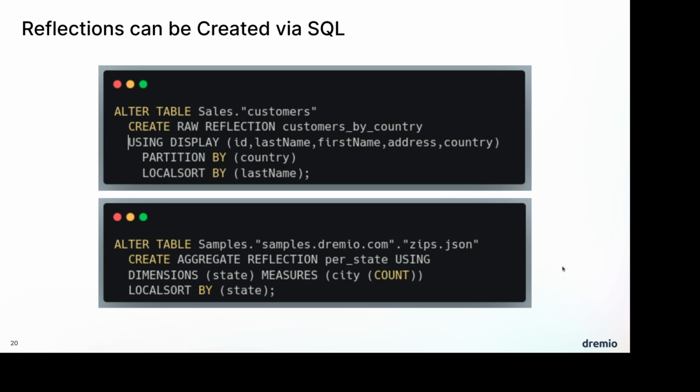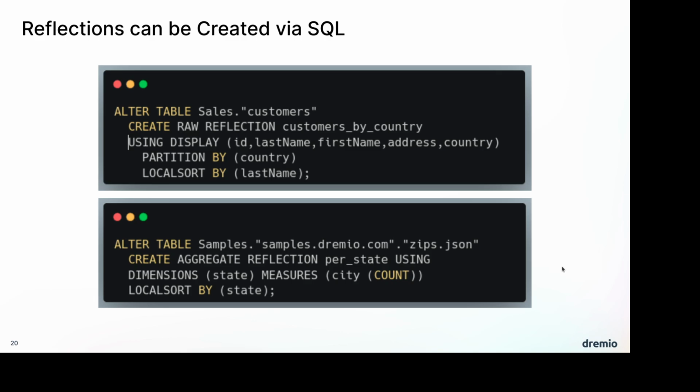Now, a really nice thing about reflections is that they can be created easily not only through the Dremio UI, but with SQL. And the cool thing about that is that SQL can be sent to Dremio not just through Dremio's web interface, but also via REST API, via Apache Arrow Flight, via JDBC, ODBC. So you can automate a lot of this stuff, and a lot of people will do that. They'll create reflections and then automate it, so that as new datasets arrive, their pipelines automatically generate the reflections somewhere within their orchestration.